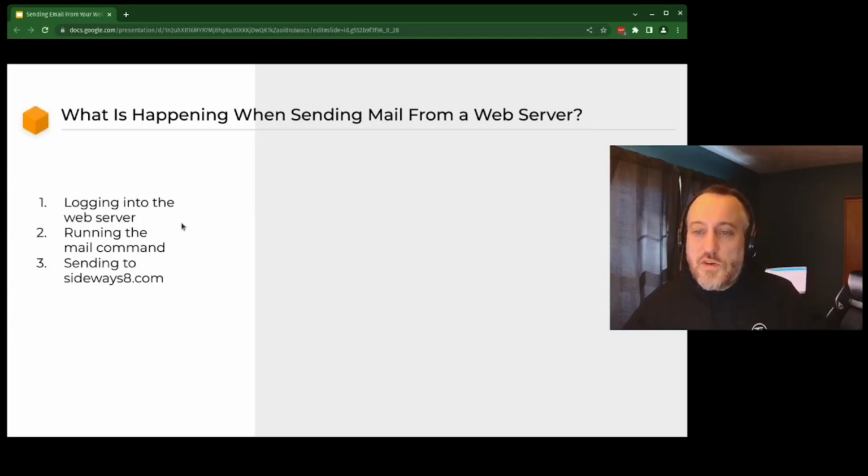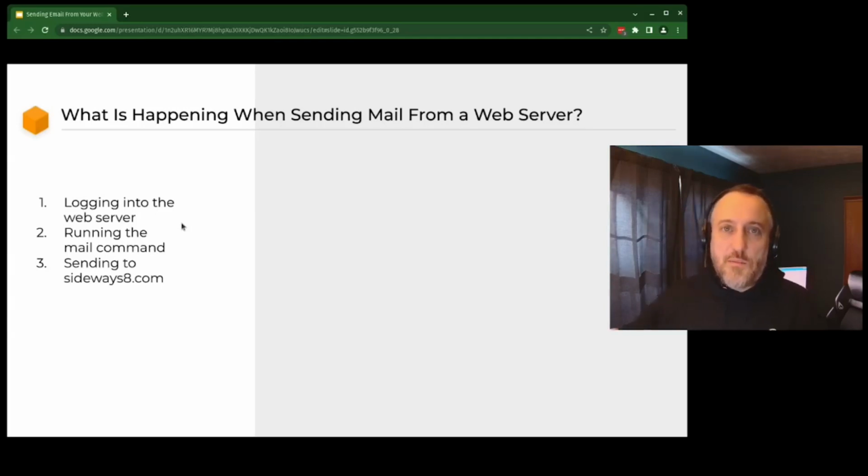And when you're sending mail from a web server, let me just walk you through this animated GIF that I have. In this animated GIF, I'm doing what's called SSH. So I SSH into the web server, and I connect, and then from the command line, when I'm connected to the web server, I am sending an email using a program called Mail.